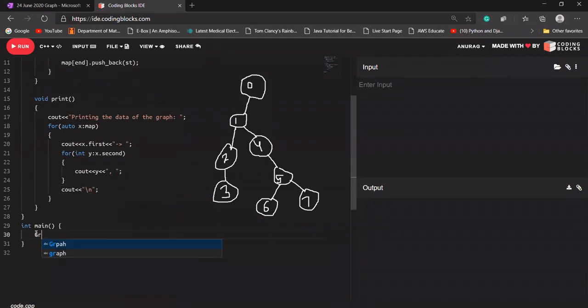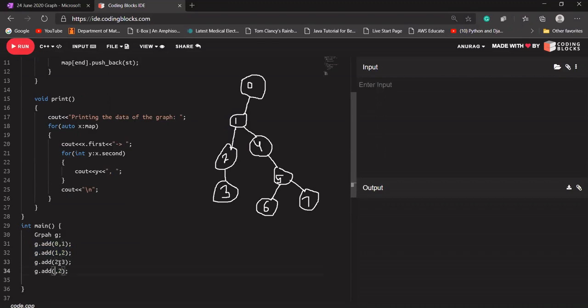So what I'm going to do here is create an object of our graph class. So g dot add, this function takes the input start and end. From 0 to 1 we can go. As I'm not mentioning otherwise, it will take it as bidirectional, so it will create a path from 1 to 0 as well. Then g dot add, from 1 we have a path to 2, and in the same manner it will take 2 to 1 as well. Let me copy and paste this so that we can do it quickly. So 1 to 2 and 2 to 3,